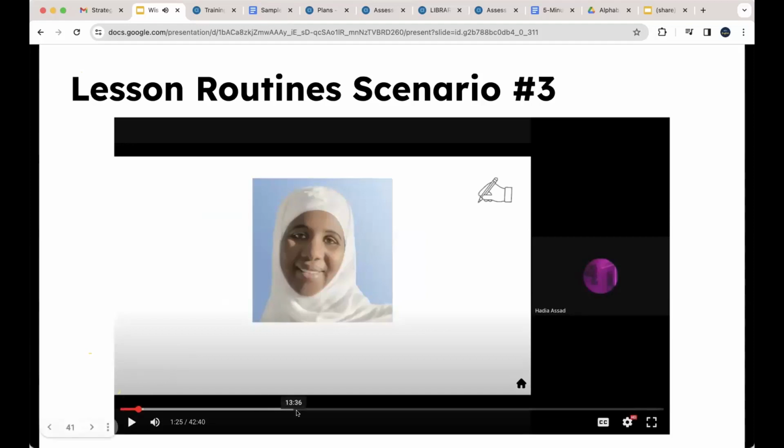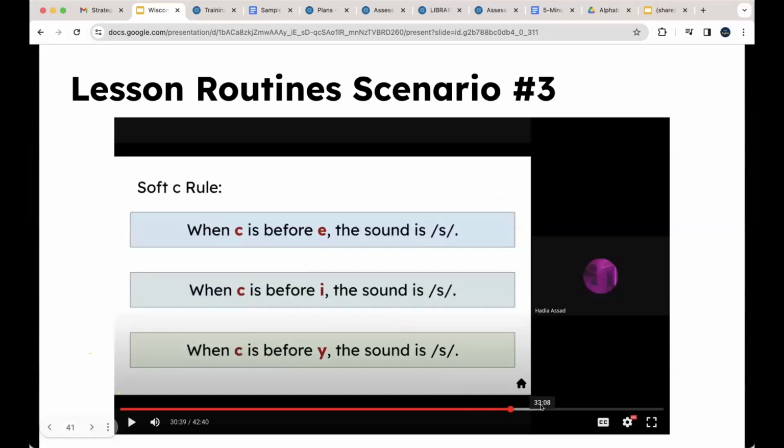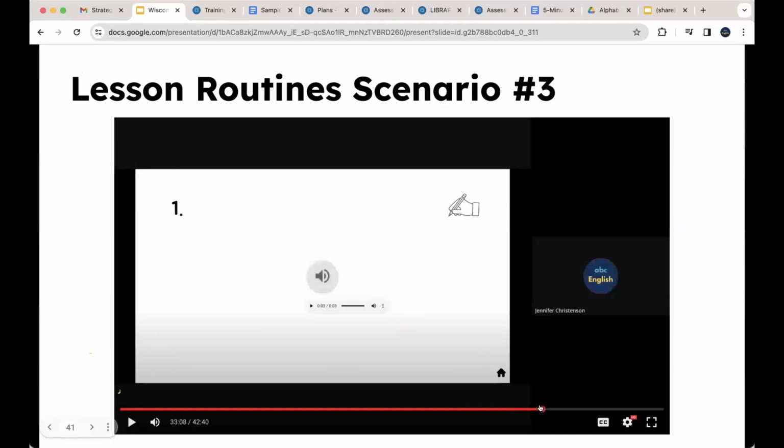So for the first 25 minutes or so of this lesson, we're analyzing a few words. She's learning about the C before E rule. We're looking at several words that have that pattern, the soft C pattern. We're going to read a bunch of words like that and some words within sentences. And then after that lesson, later, we're going to move to, looks like,